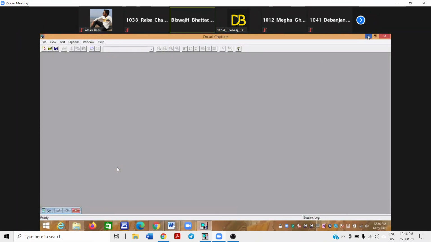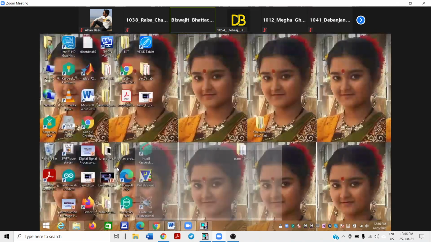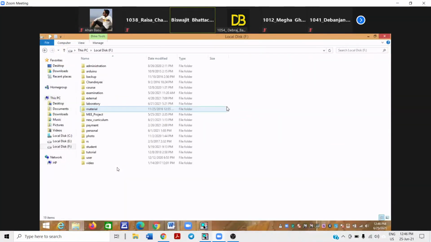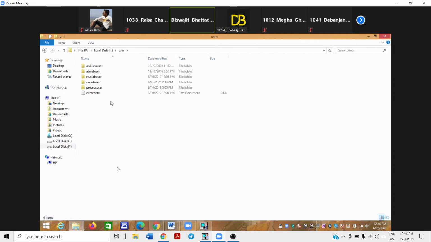But before that, one thing is that you have to create some user folder. I have created one user folder. My technique of working with software is that for different types of application I create different types of folder.